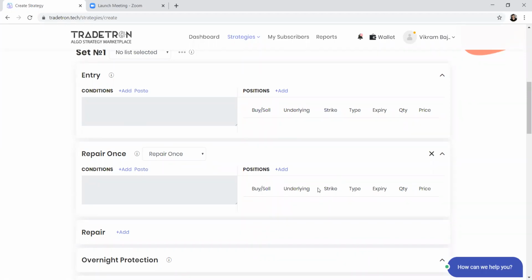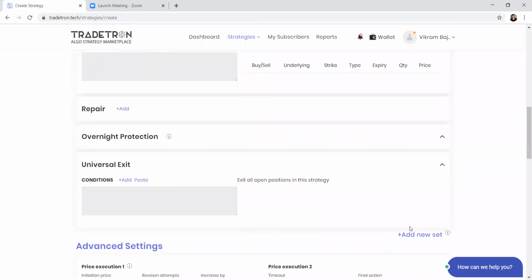Similarly, for repair, positions will be taken only when conditions are satisfied. There are two types of repairs, repair once and repair continuous. Repair once is checked, and once it is satisfied, positions are taken. This condition will not be checked again until exit has happened and a new entry has been taken by this set. In repair continuous, it will keep checking the same condition again and again and take the positions every time this condition is satisfied.